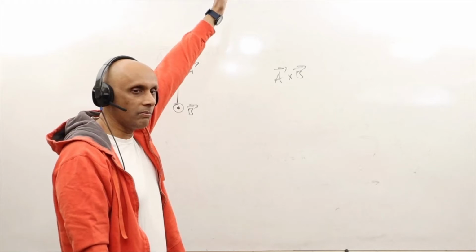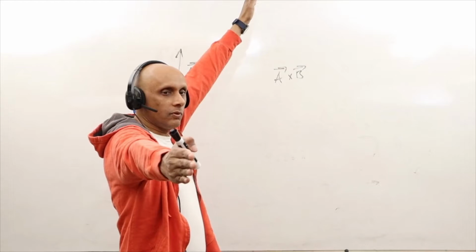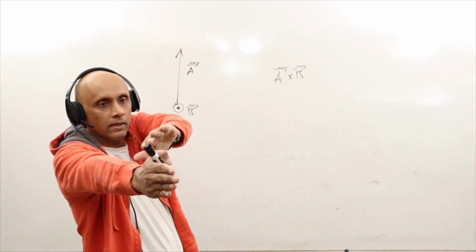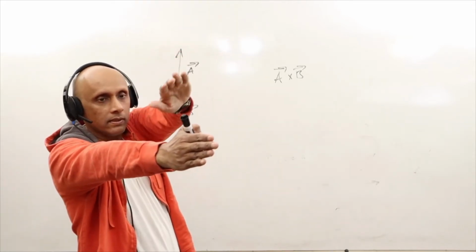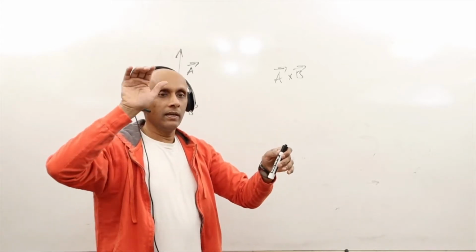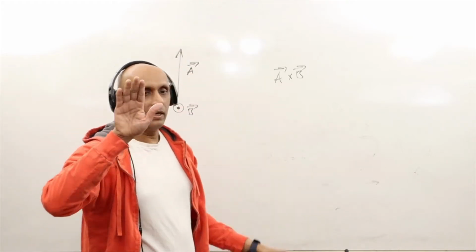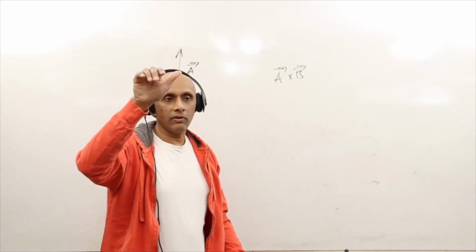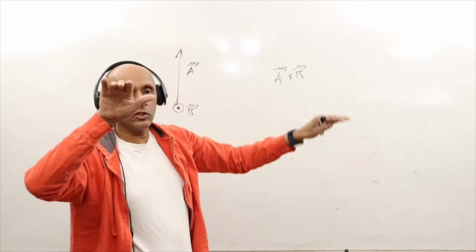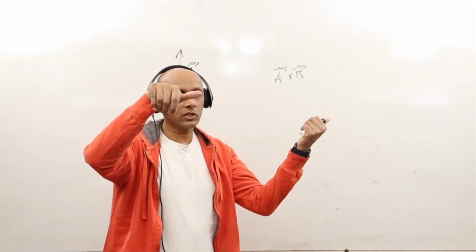So here's my forearm. And B is coming out of the board, coming straight at you. And for me to get A cross B, A is the first vector, I have to turn A into B, like this. A into B, like this. So what I'm doing is I'm turning a rotation this way. So I have to take my right hand and rotate this way. And if I rotate this way, I turn my A into B. And if I do this, my thumb is pointing in this direction. And if I know it's that direction, then the cross product